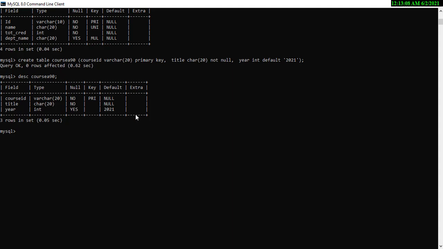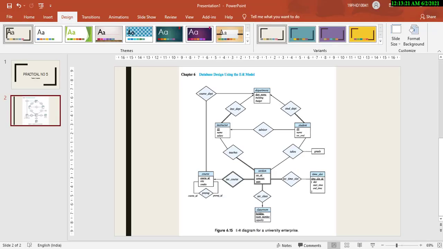So this is how the default statement works. Now what we can do here, in order to link this with other tables, I have to make one adjustment. Course is part of a department, right? So which course is applied to which department? I can use this department name as a foreign key over here.